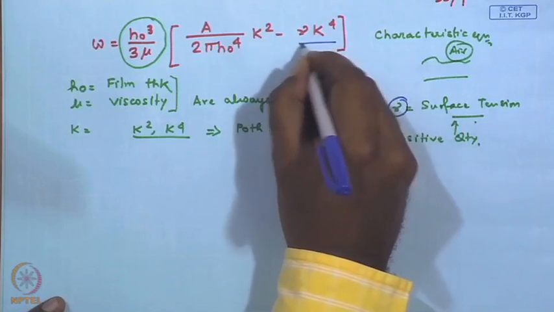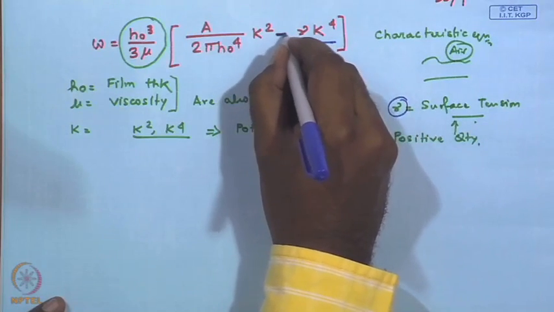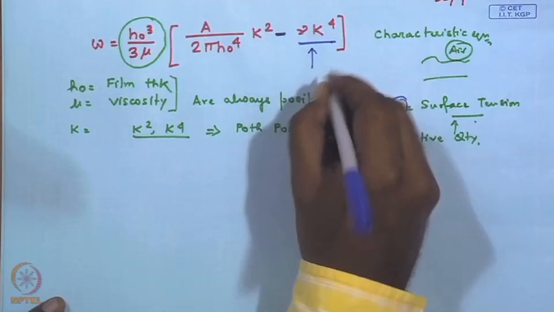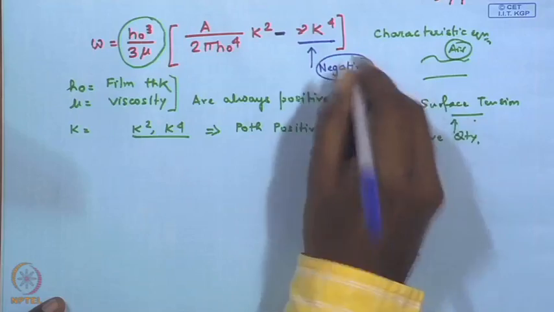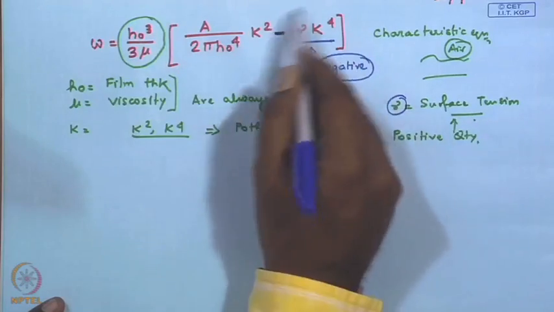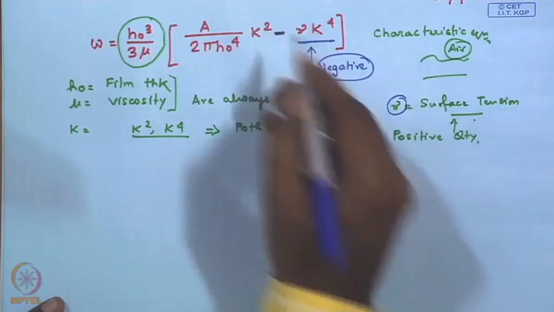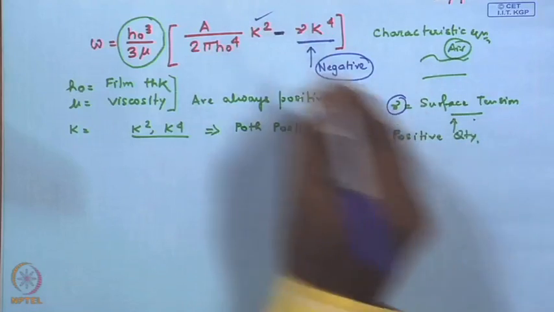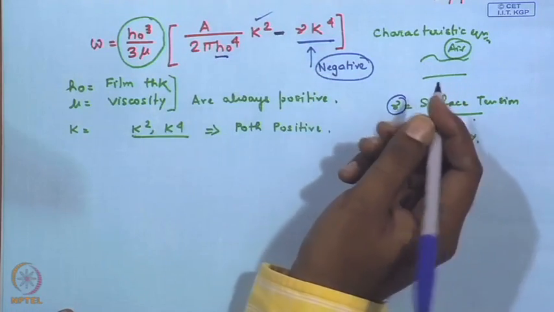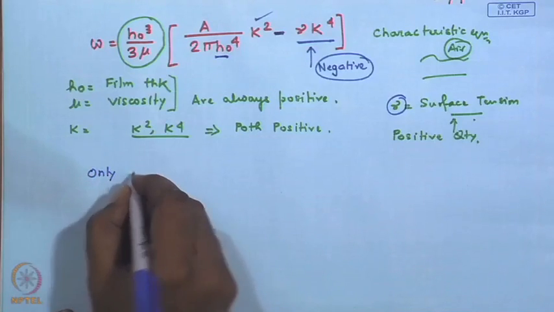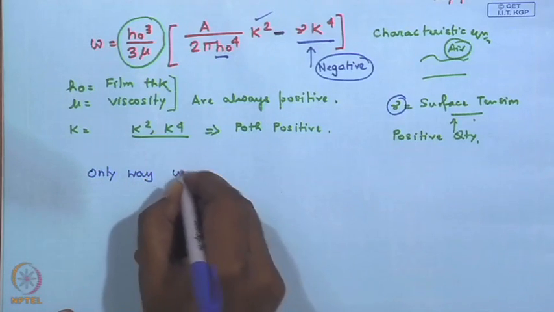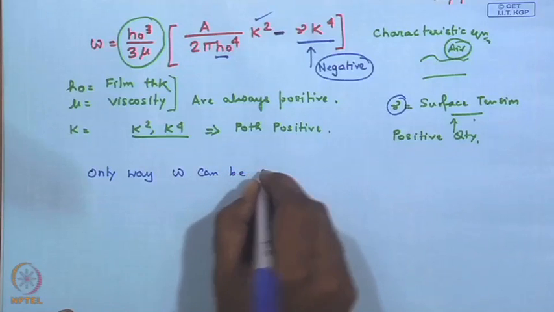Therefore, this term, since it has a negative sign, is always going to be negative. This multiplied by a positive number is always going to be negative. k squared is positive, H0 to the power 4 is also positive. So, the only way omega can be positive